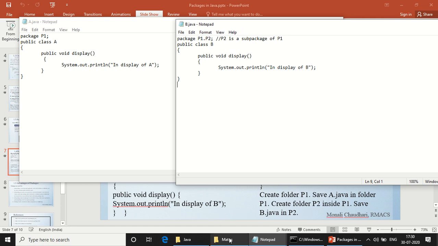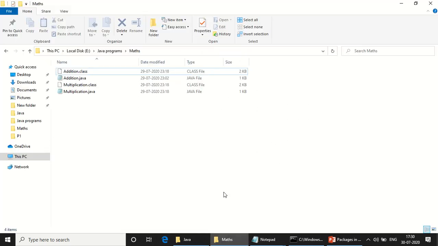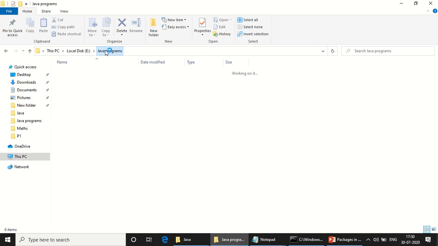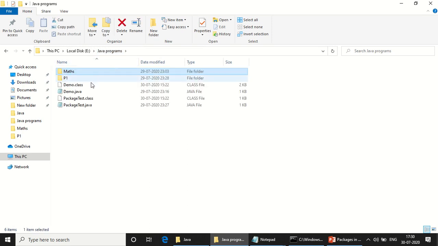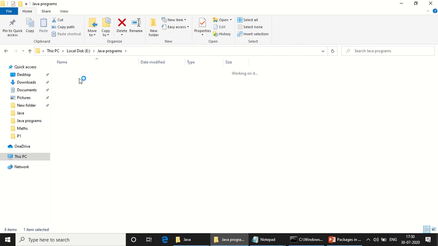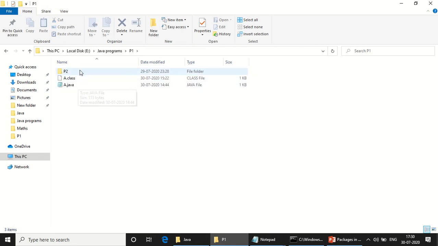Now here we can see that I have a folder Java programs. In that I have a package P1. In this package P1 I have a class called a.java and another sub package P2. This P2 has a class b.java.